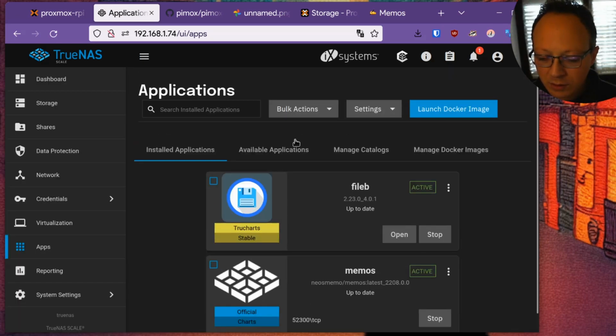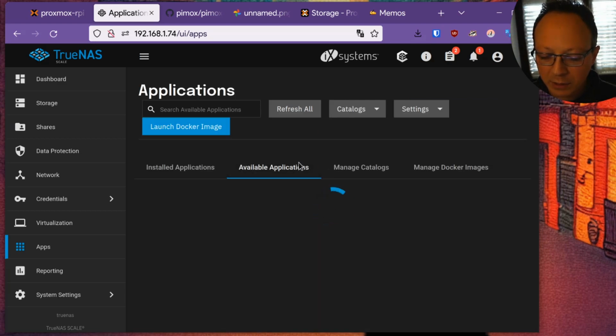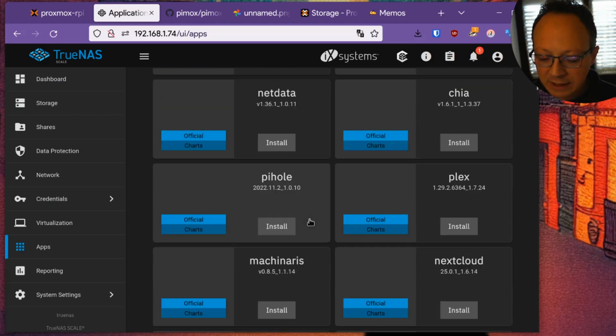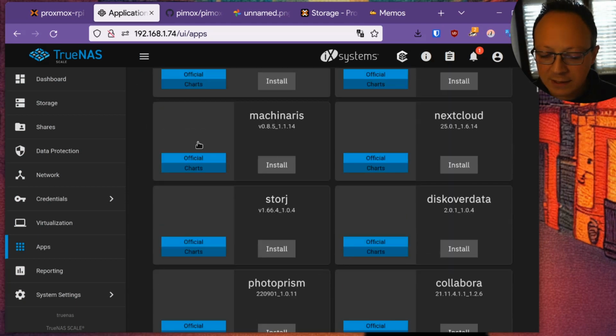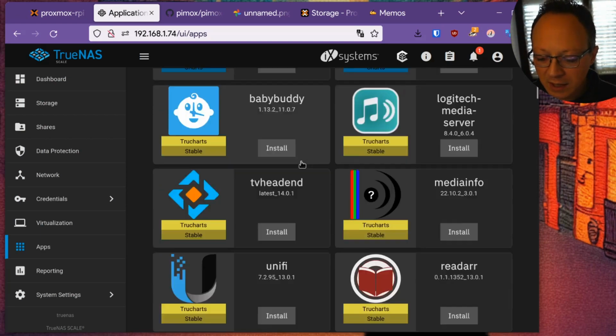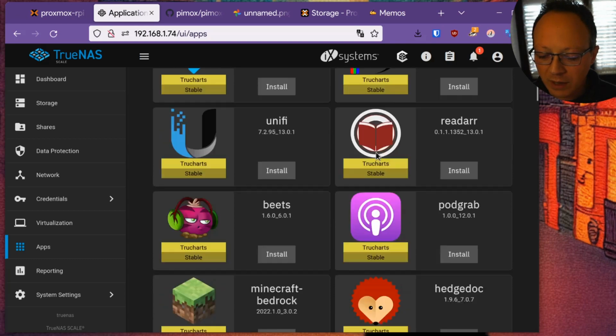You can also add other kinds of applications in TrueNAS, and if you go to Applications, here we have the installed applications, then we have the available applications, and as you can see, the blue ones are the officially supported applications in TrueNAS, but you can also add a third-party repository, and it is full of other applications.